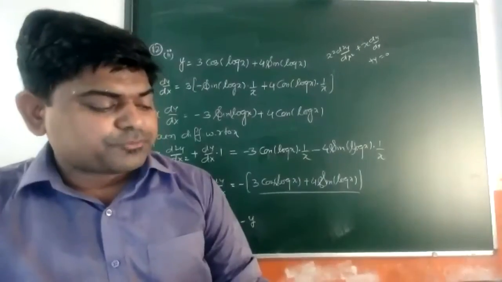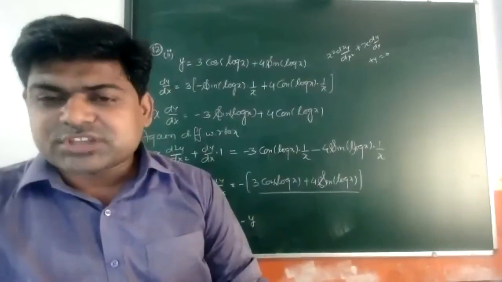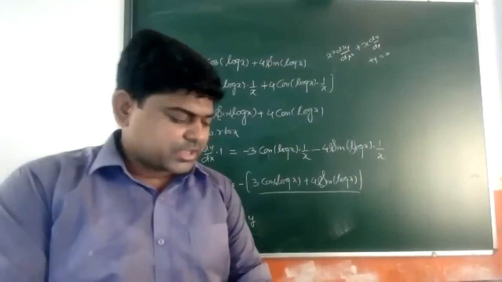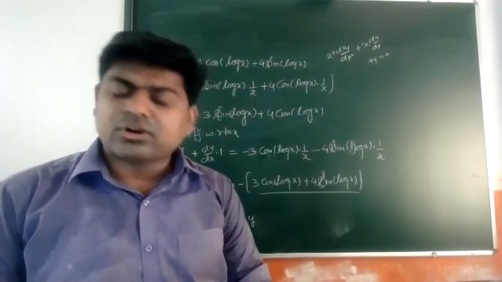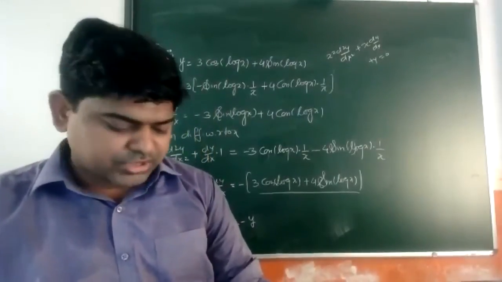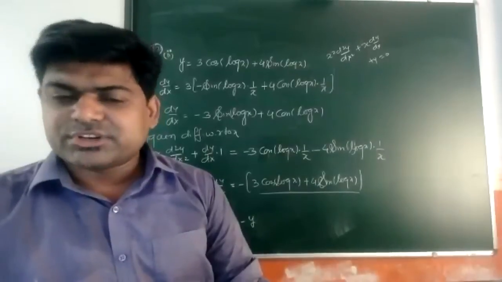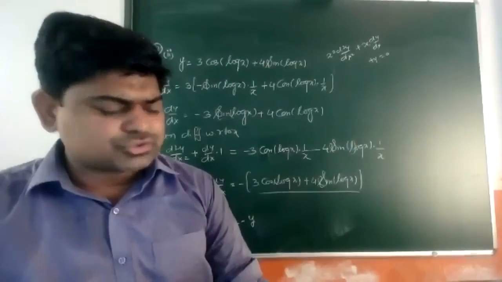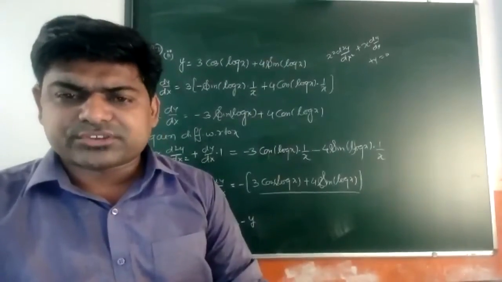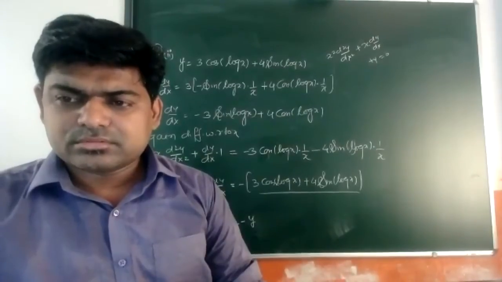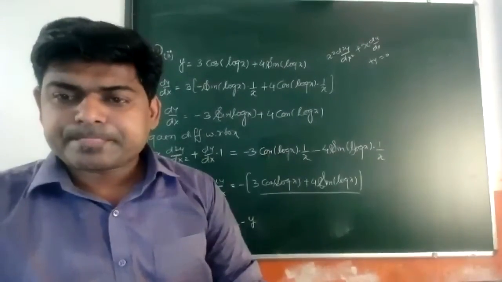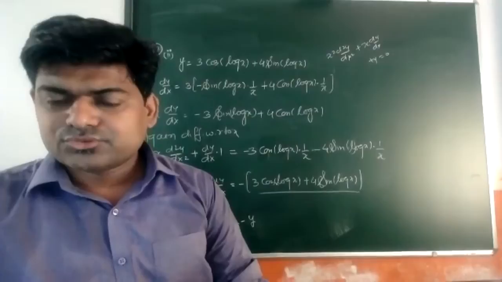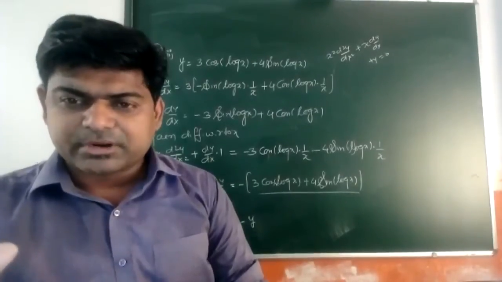Please. Question number 14, you can see. Both questions are like that. y is equal to cos inverse x the whole square, then y is equal to tan inverse x the whole square. I think in the previous question number 11 also, y is equal to tan inverse x and y is equal to sin inverse x were there, and you said okay, you will do. But here it is the whole square, so out of these two, one I want to do. Which one do you want? First or second? 14th. First or second? Both are almost the same. Should I do the second one? That proof is a little bit lengthy.